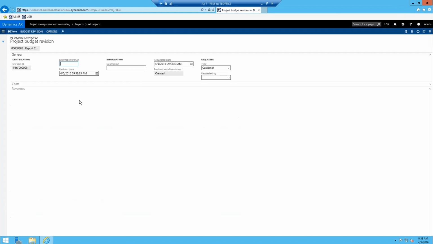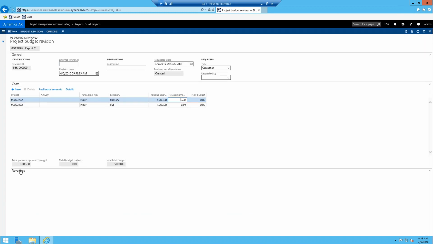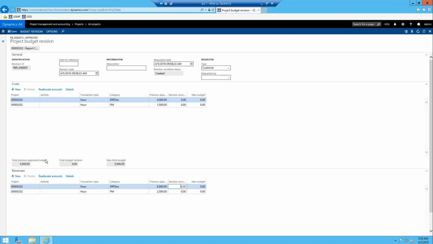And you can see it basically brings you into the same form as the last form we were looking at, but there's some information here. So what important information do you need to fill out? Well, if you have a change order number, you could say this is change order 500, something like that. Revision date, when does this revision go into place? You could say, I don't know, we'll start this revision next month if you want to. Description,